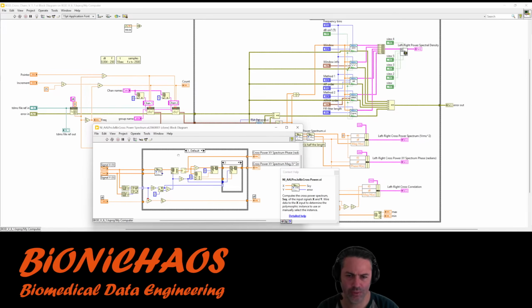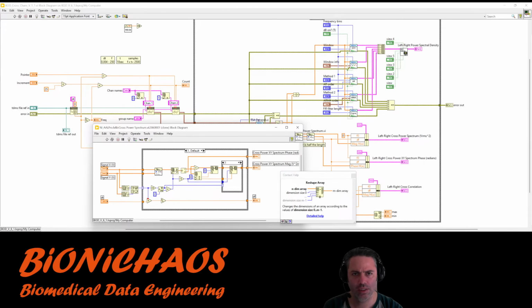Well, assuming it's returning something, then calculate the cross power in time domain. Then reshaping the array.